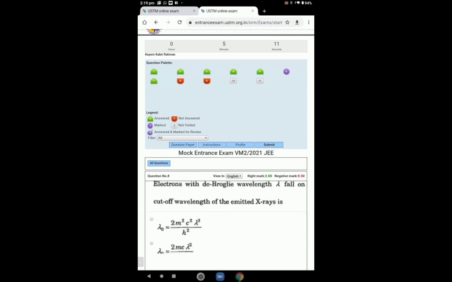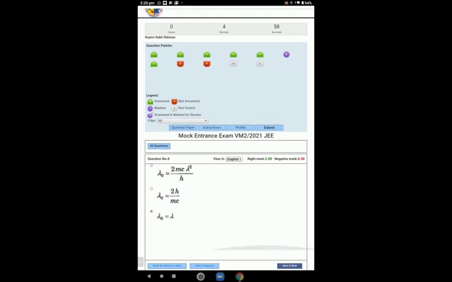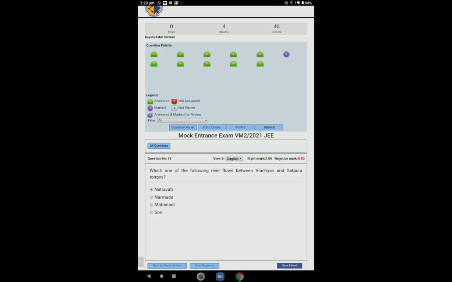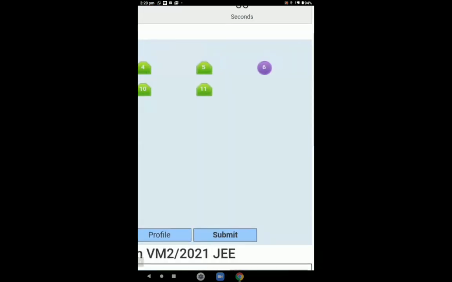Suppose I want to select option number 4, but directly in the screen option number 4 is not available. So I have to scroll from top to bottom so that I can go to option number 4 and I will click it. And then I will click save and next. Okay. Now we can see this question has been, option has been selected. This question number 11. Okay. All the questions are selected, but you can see question number 6 is still purple because